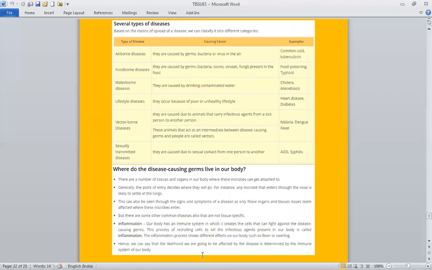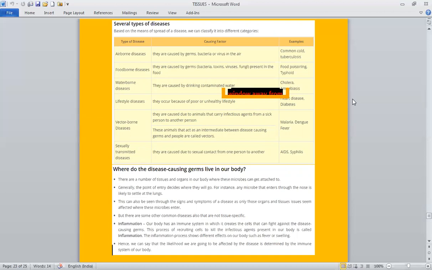Now, several types of diseases. We have studied about airborne diseases. They are caused by germs, bacteria, or virus in the air, and the examples are common cold and tuberculosis. Then foodborne diseases, they are caused by germs, bacteria, toxins, virus, fungus present in the food. Common examples are food poisoning, typhoid. Then waterborne diseases are caused by drinking contaminated water, and amoebic dysentery, cholera, typhoid are common waterborne